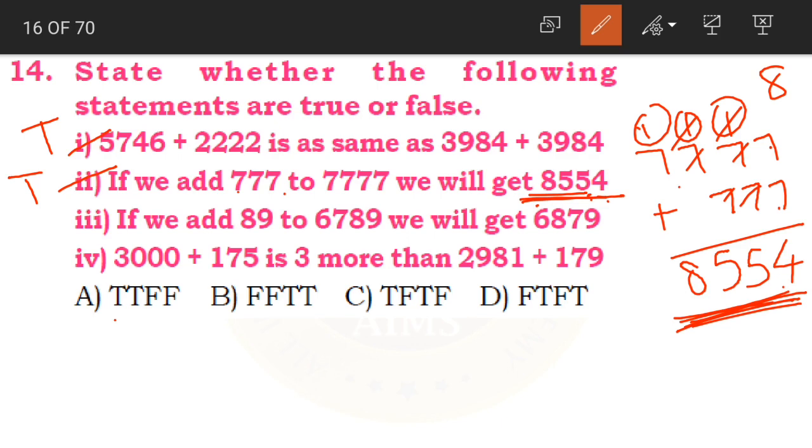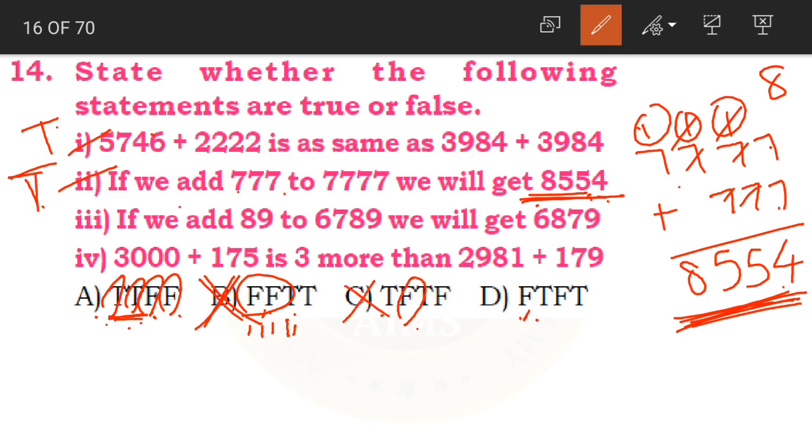Now if you look at the options carefully, only option A has both the first and second statements as true. So this means 1, 2, 3, 4. First statement is true, second statement is true, third and fourth are false. This means that here first two statements are false, it seems. No, right? This is true. So both the statements are true. So this is wrong. Now in option C, first statement is true and second is false. But we got second as true. So again this is a wrong option.